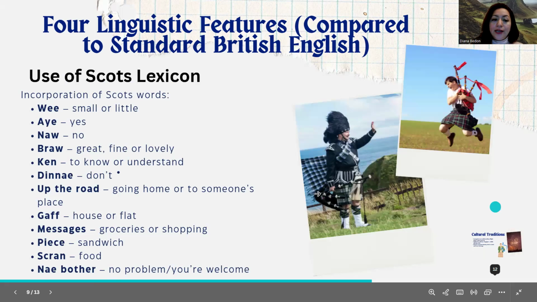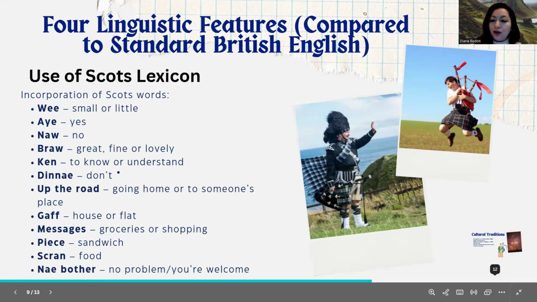And also we have the use of Scots lexicon. For example, wee: small or little. I'll just have a wee cup of tea. Aye, instead of saying yes: that's exactly what I meant. Nae, no: no, I haven't seen your keys anywhere. Braw: great, fine, lovely.